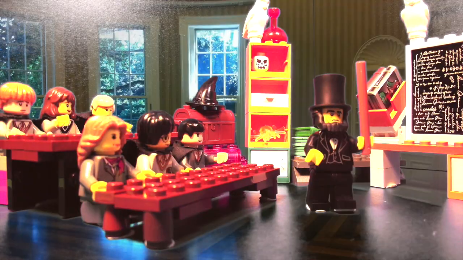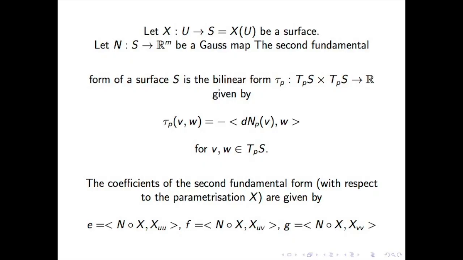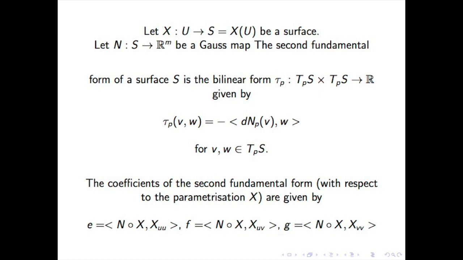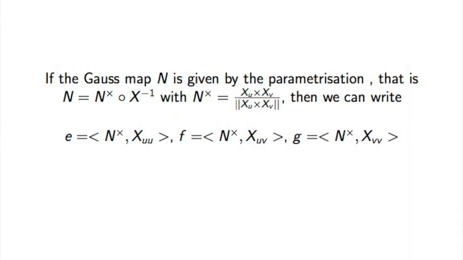The second fundamental form is defined as minus the inner product of the differential of n at p, applied to v, with w. The coefficients of the second fundamental form with respect to the parameterization x are given by the following. If the Gauss map n is given by the parameterization,